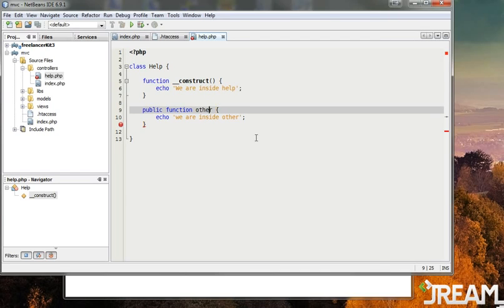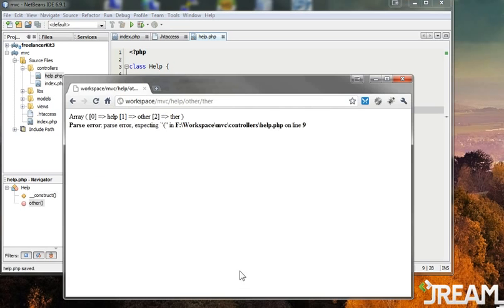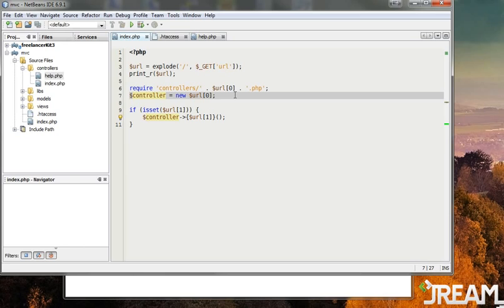I forgot my things. Refresh. And here we are inside the other method. If we wanted to do more slashes, we could repeat the same pattern where we would say